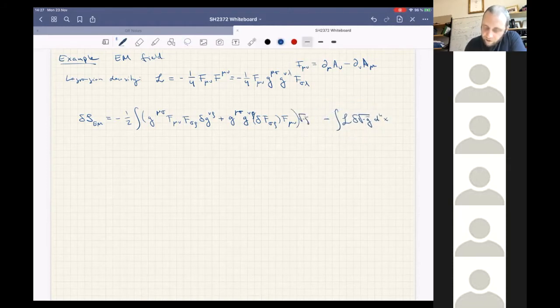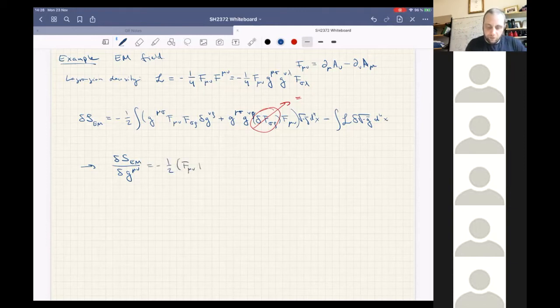So minus determinant of G d4x. Now, as we said, this thing here does not depend on the metric components, so that is equal to 0 when we vary with respect to the inverse metric. However, here we have the inverse metric, and this thing we already computed when we computed the variation of the Einstein-Hilbert action. So if we go on here, when the smoke settles, we're going to find that the derivative of the electromagnetic action with respect to the inverse metric components is going to be -1/2